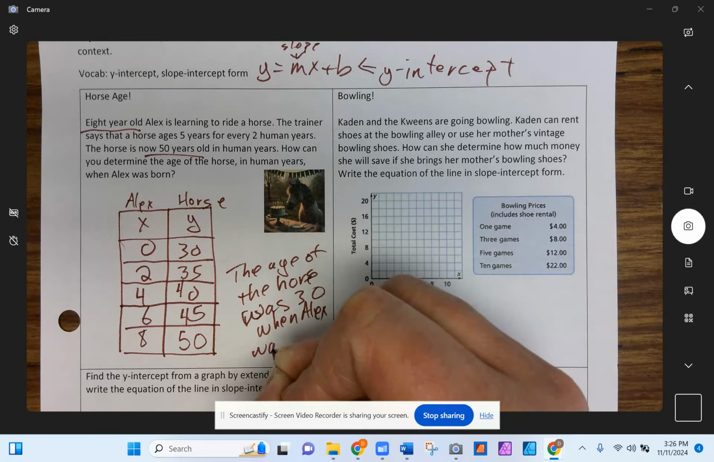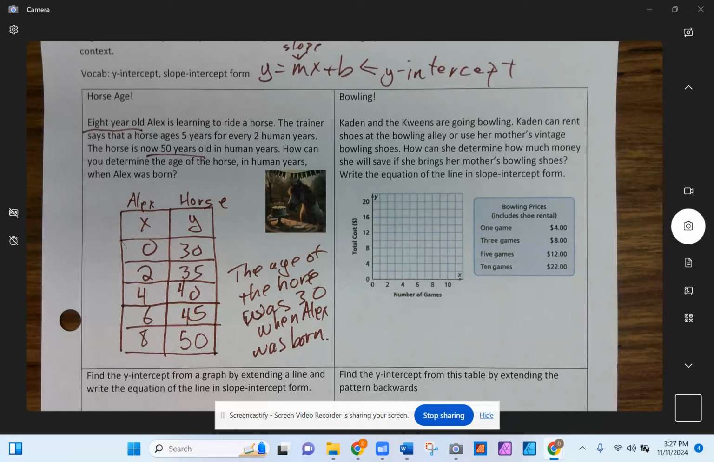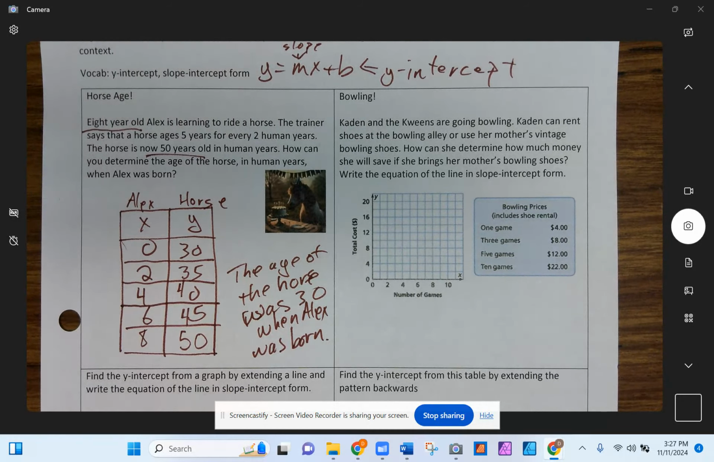Alex was born. Okay, I know there was some discussion in my accelerated block about that. I don't want to get into it. But anyway,